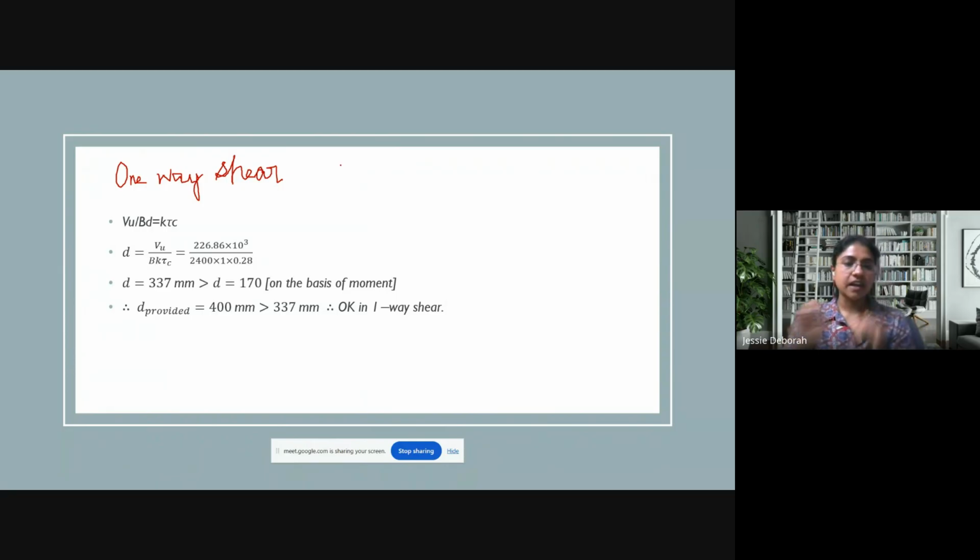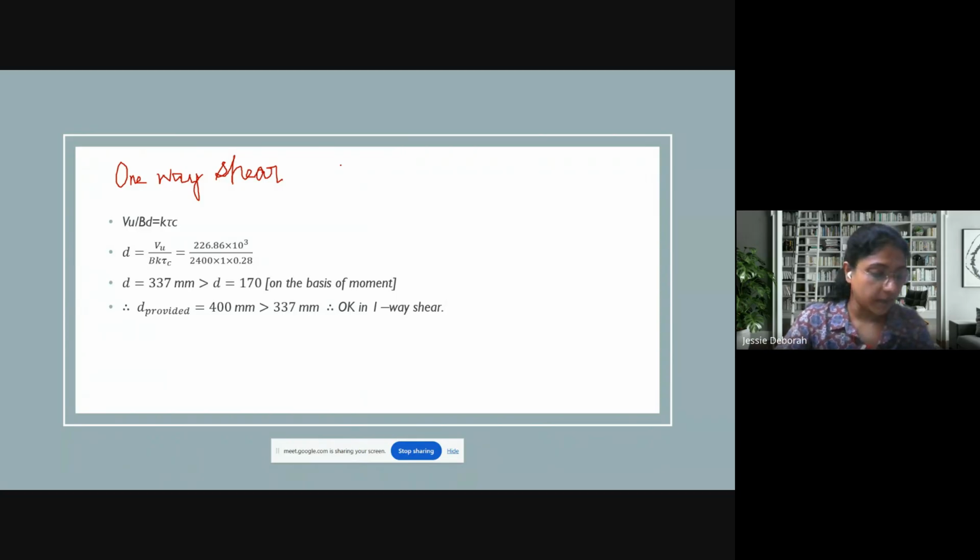Right. So what did we calculate? We have calculated the dimensions. We have calculated how much steel is required, what the rebar is and in what spacing it should be there, the percentage of steel, and the area of concrete also. You've calculated everything. Okay. Now we are going to look at checking for one way shear.